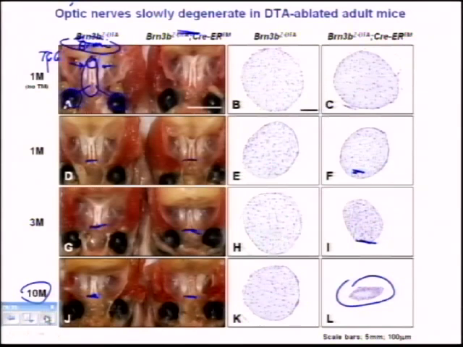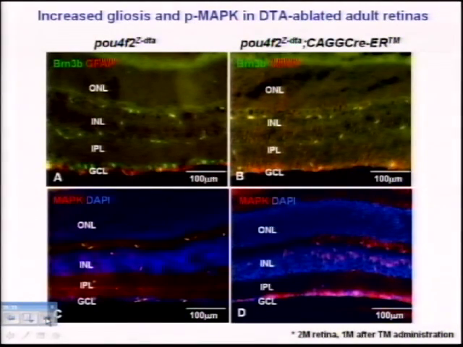One of the pathologies that's always associated with optic nerve degeneration and ganglion cell loss is a process called reactive gliosis. What this means is the supporting cells of the retina, the glial cells, try to compensate for the loss of the ganglion cells. They sense that something's wrong with the retina, and they start to produce cytokines and other factors to protect the retina. That takes place in humans all the time, and we show in our animal model that reactive gliosis occurs in our model.